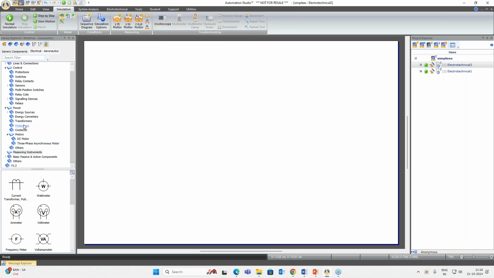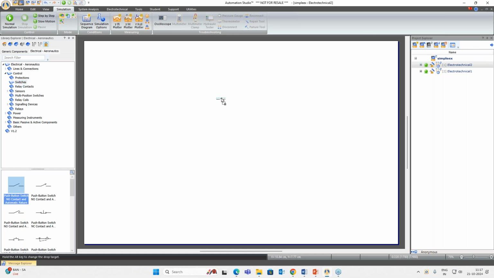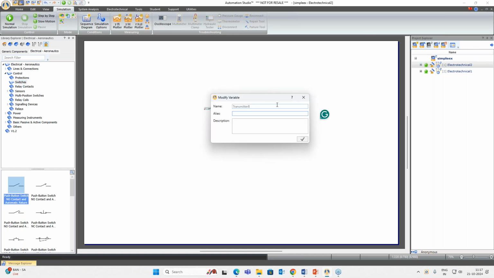So to create any of the examples, we just have to drag and drop that particular component on this workspace. So I will create one example for a light controlling scenario. For that, I will take one switch just to start and stop. Then from the sensors,